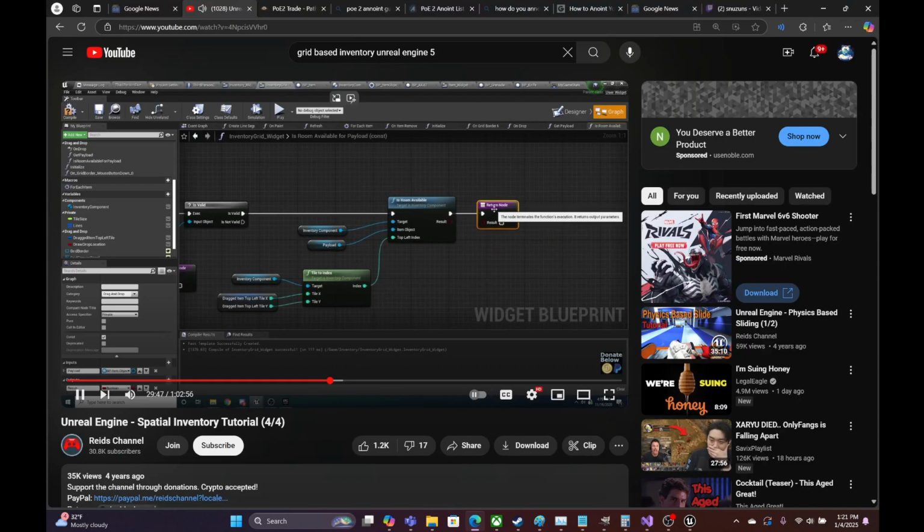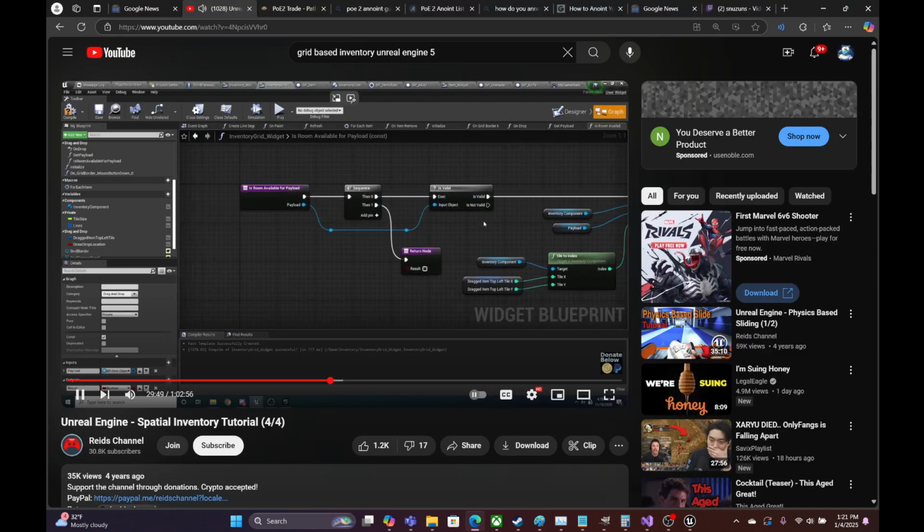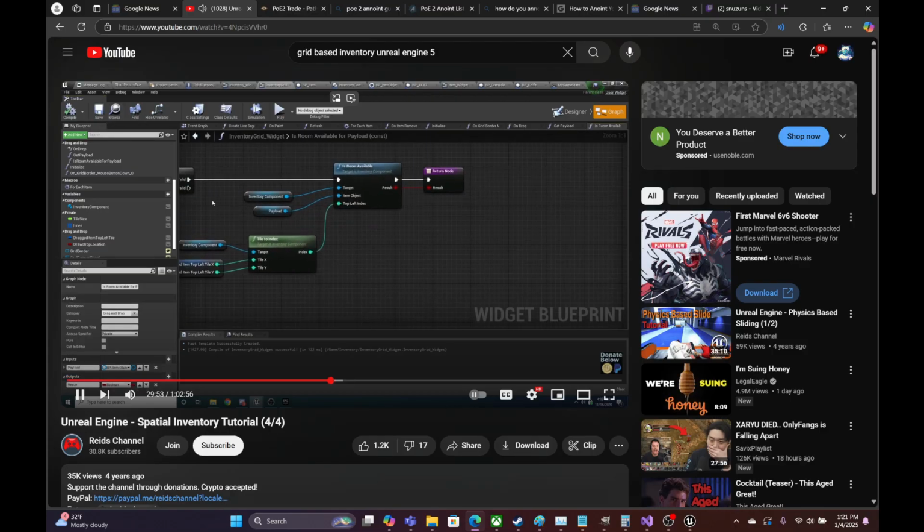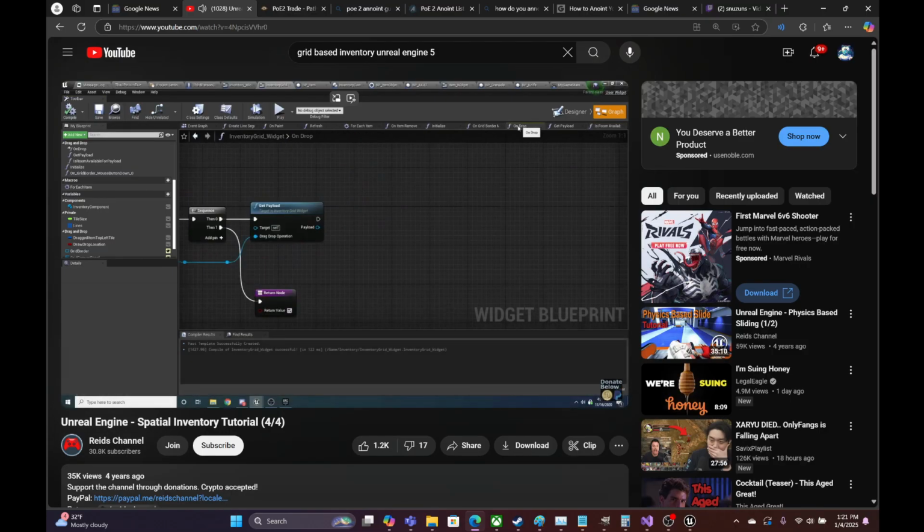Whenever that returns, now we have a function that will check if the room is available for our payload to be dropped. So if we come back to our on dropped,